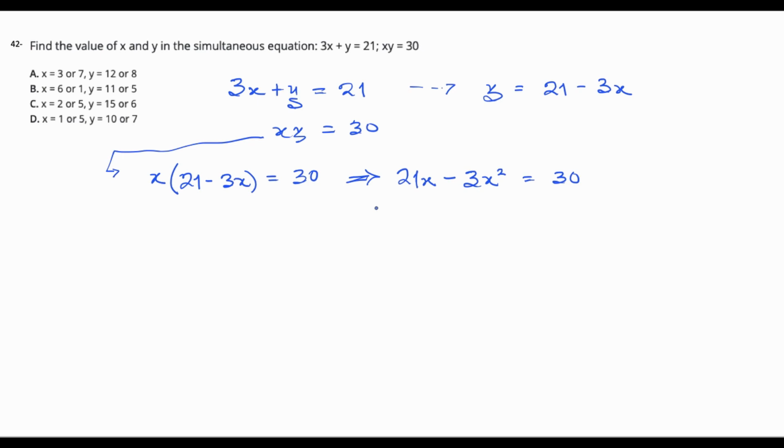So we can rewrite this in a quadratic equation as minus 3x squared plus 21x. And if we bring 30 into the fold here, that's minus 30 equals 0. Ordinarily, from this step, we can tell that we're going to have two sets of answers because quadratic equations always have two solutions. So we'll have two x's, and for each of those two x's, we'll calculate two y's. So to solve this quadratic equation, to make our lives easier, let's just divide through by minus 3. If we divide through by minus 3 here,